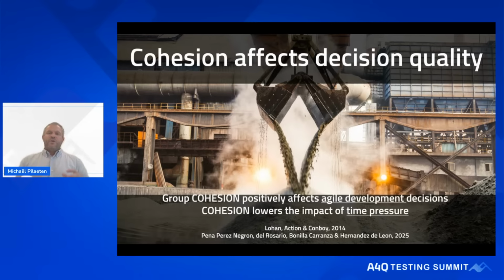It also talks about cohesion, bringing the team together. It moderates the impact of time pressure. If there's a challenge in the pressure, it's still okay, but can we do more? That improves your decisions. But if the pressure is a hindrance, if it's continuously switching context and changing priorities, that harms your decision. So the more coherent your team is, the more you follow the same vision, the same story, the same policy, the better you can deal with changing decisions.